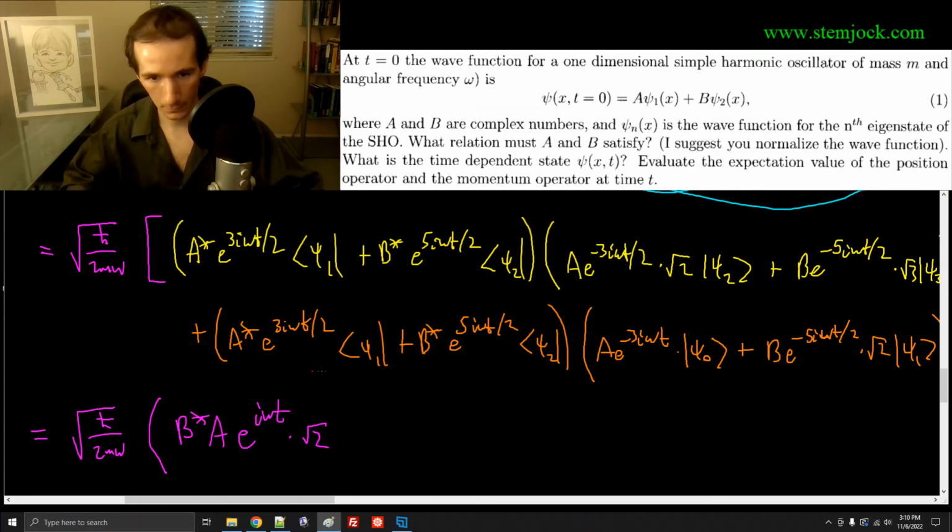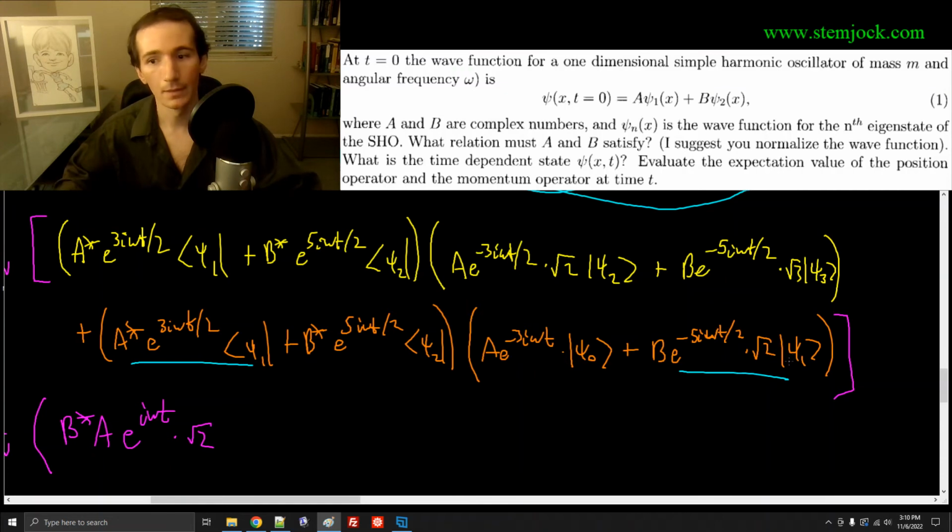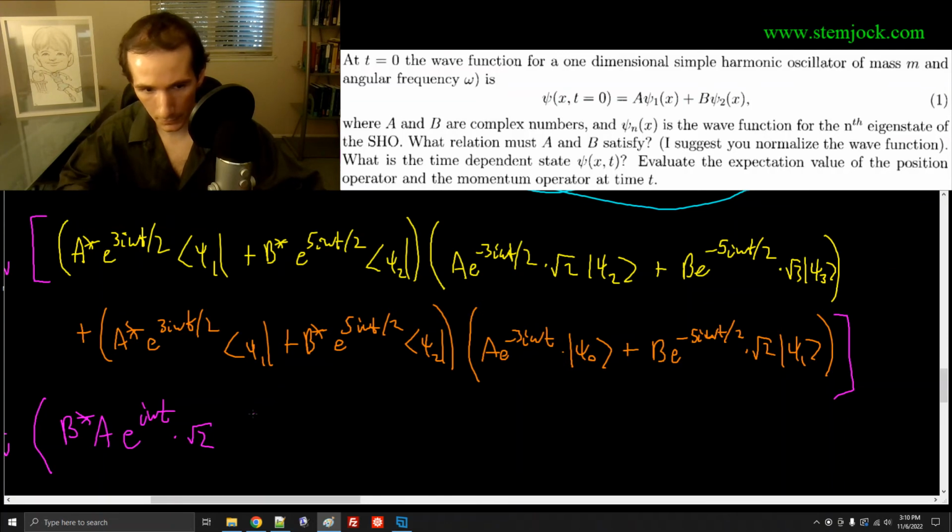So now from the expression in orange, if we multiply the first terms, bra psi 1 will combine with ket psi 0 to give us an inner product that's 0. So this term does not contribute anything. Multiplying the outer terms, bra psi 1 will combine with ket psi 1 to give us a non-zero number. So let's go ahead and write that in. So plus a star times b,